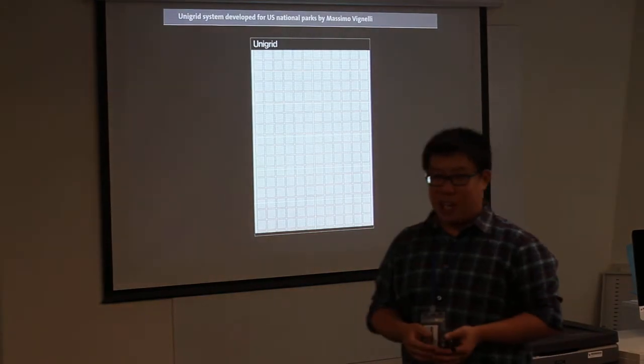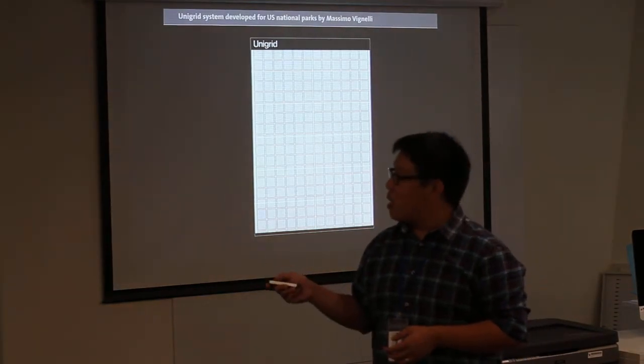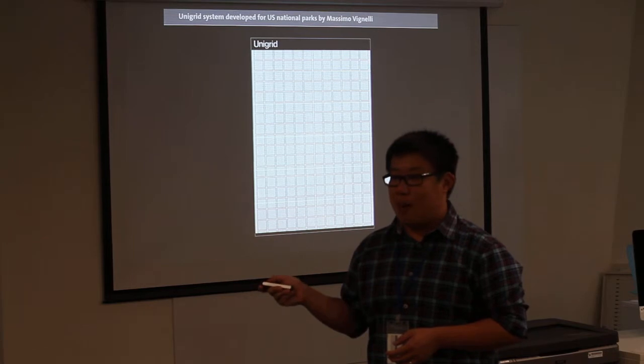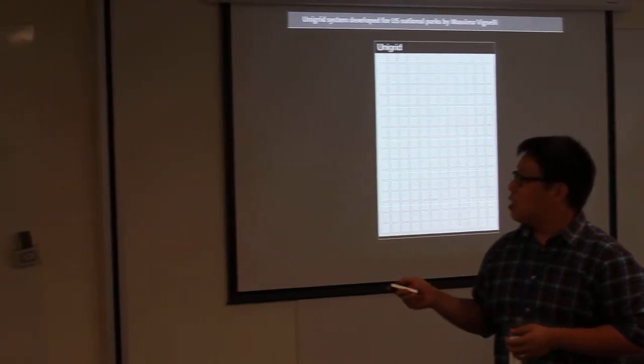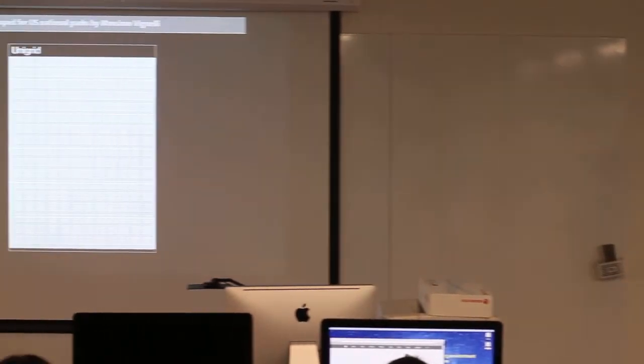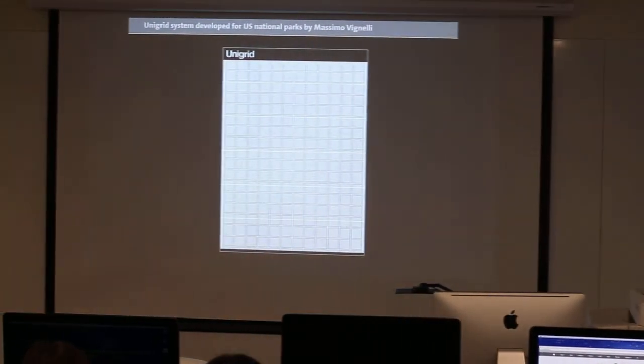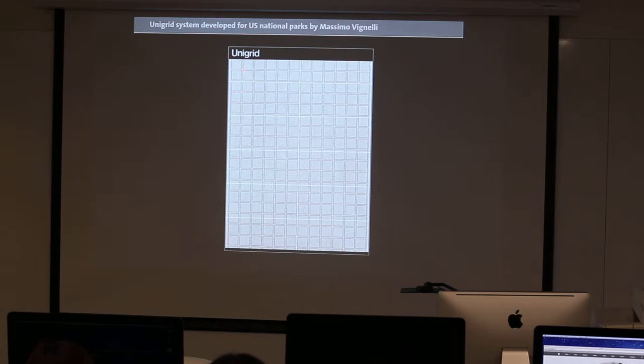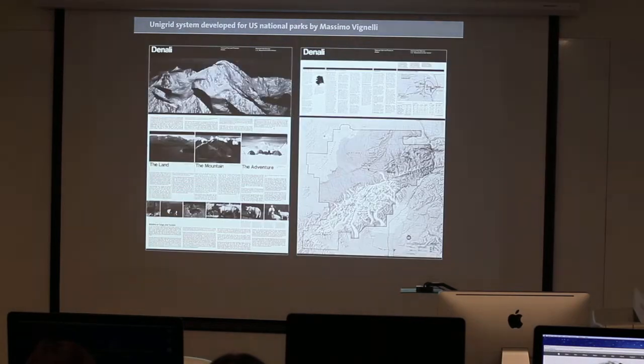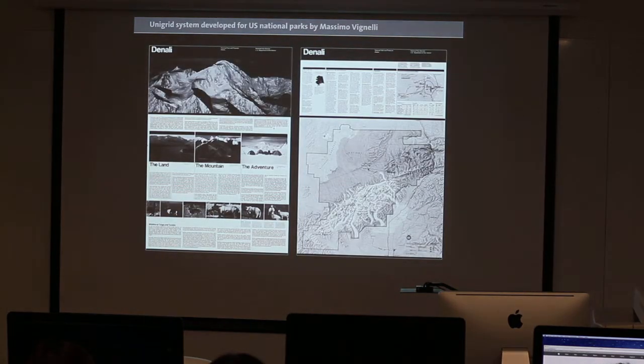I have a different way of looking at grids. Do you know Massimo Vignelli? American Italian designer, a modernist school of typography. He designed this unit grid system. It's a 12-column grid to unify all of the U.S. National Parks publications. I'm not going to explain how this system works because I have another way of looking at